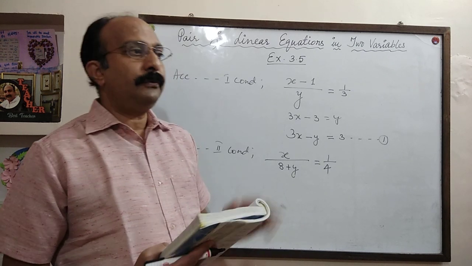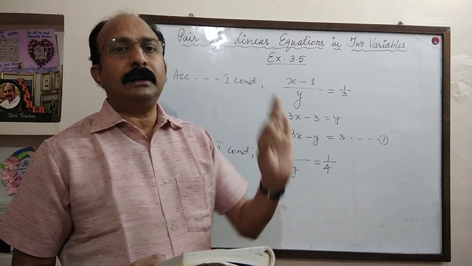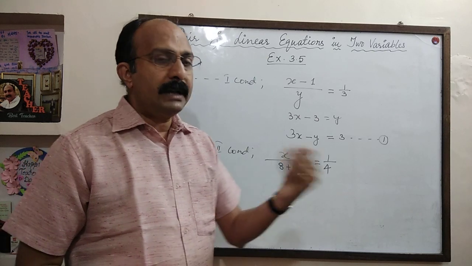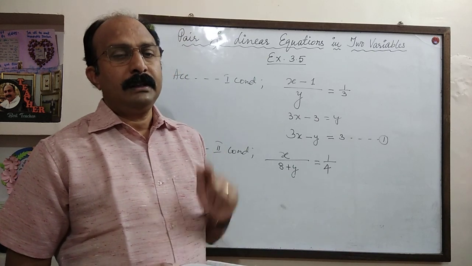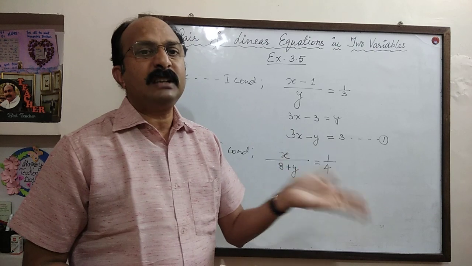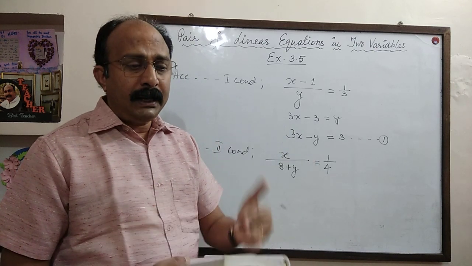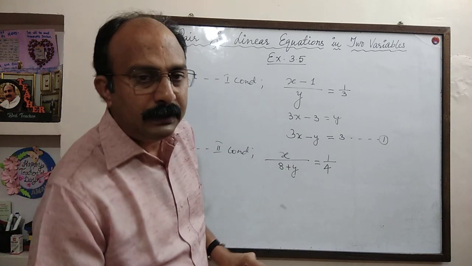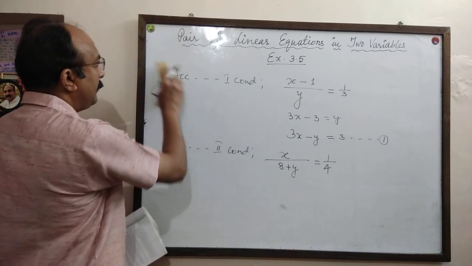Let the number of right answer questions be equal to x. And let the number of wrong answer questions be equal to y. Then what is the total number of questions? X plus y. So the final answer of this question will be x plus y. So here x and y are